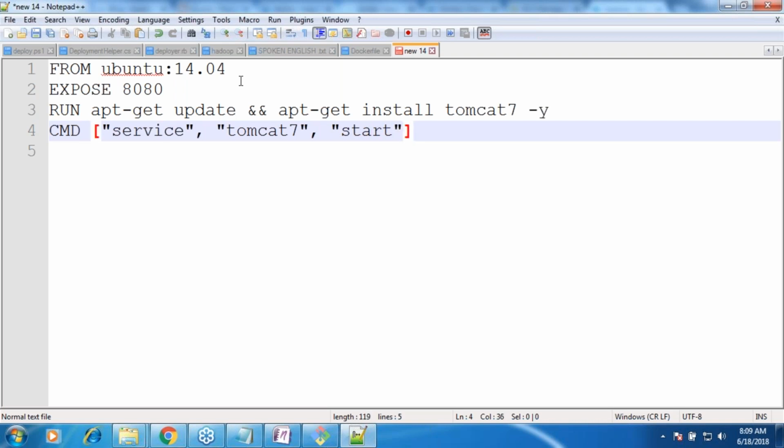I'm not expecting that you know this, but what have you made out from this? So basically, these 4 lines will help you in building something which is called a Tomcat image. That's it.